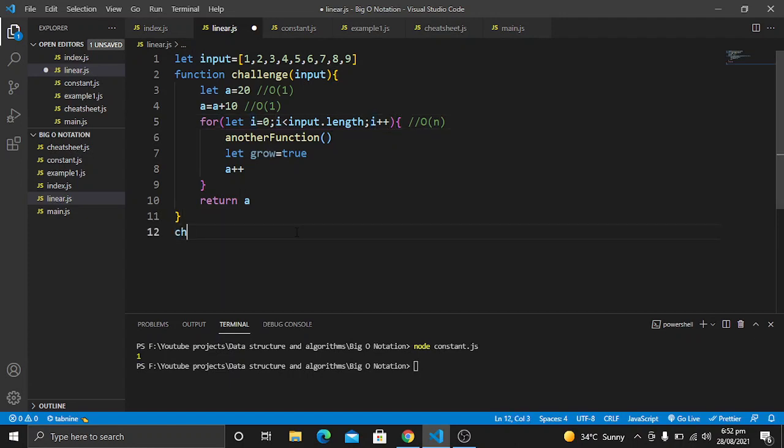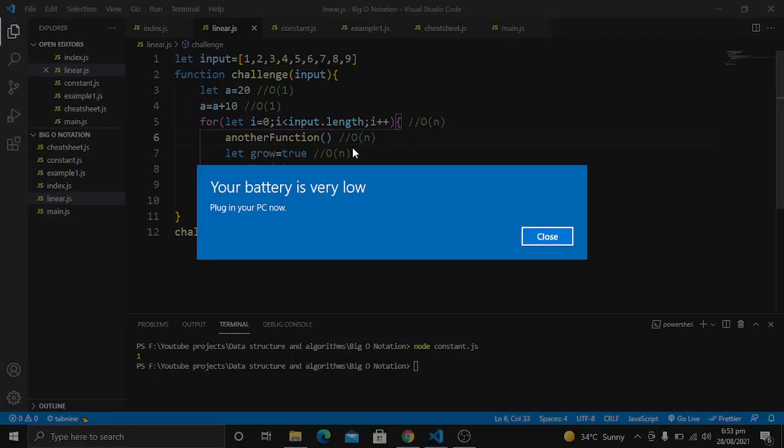For example, when I call this function, which will be challenge, and pass this array as an argument, it will have O of n operations it has to perform. The next line will also have O of n time complexity, same with this one, and also this one, and for the return it will be O of 1, because we will return only one time.